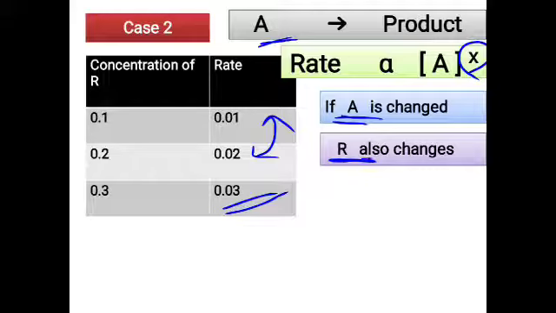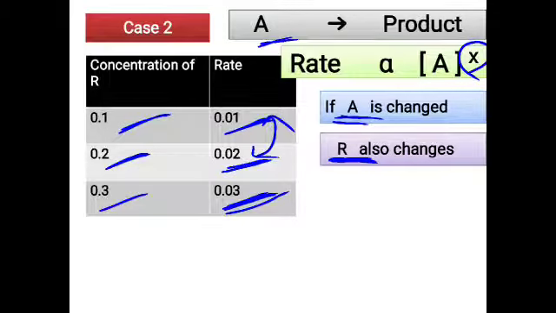So we are having a linear increase, you can see, because if you make it 0.1, it was 0.01. When we made it 0.2, it became 0.02. When we made it 0.3, we got this as 0.03. So it's like a linear increase. You increase by 1 and here you get an increase by 1. So it's a 1 to 1 increase, a linear increase, a straight line you will be able to get when you draw the graph between the concentration of the reactant and the rate. So here, since it is increasing linearly, the X value is taken as 1.